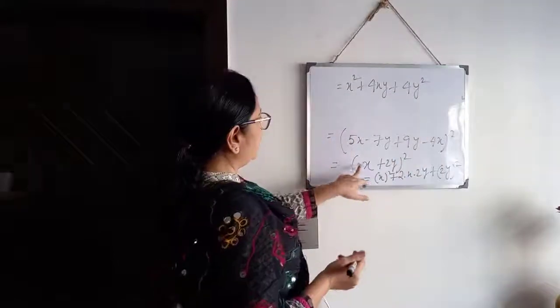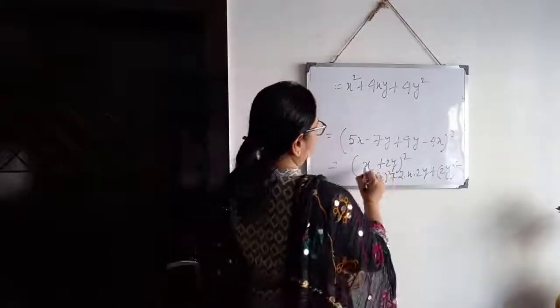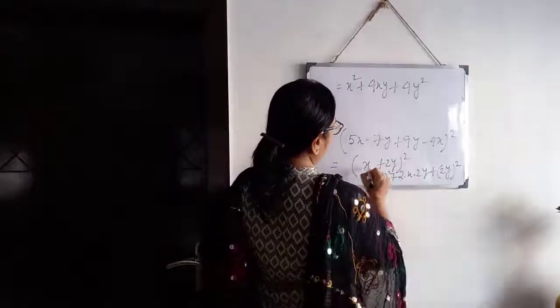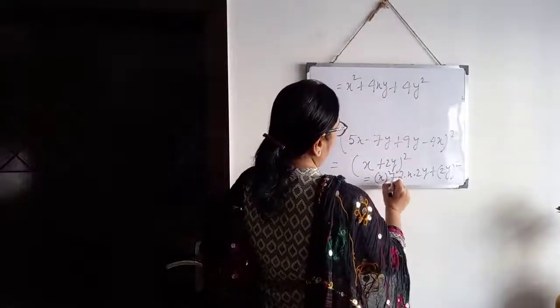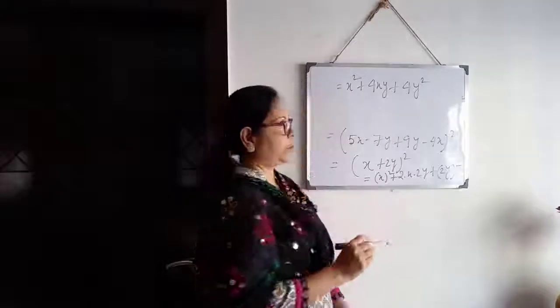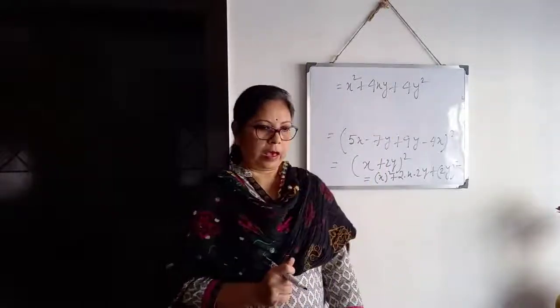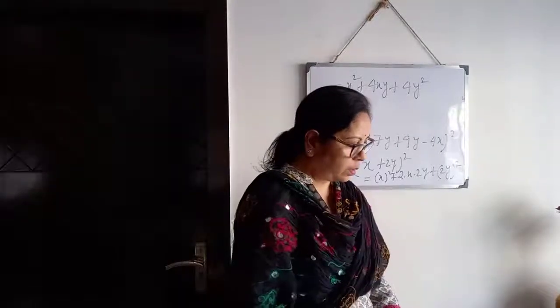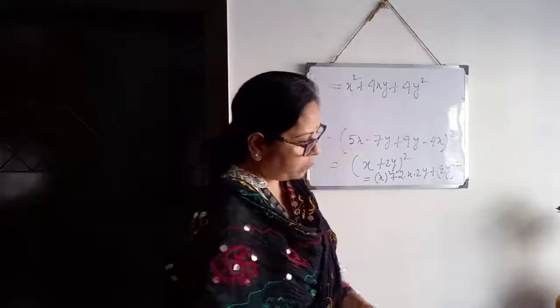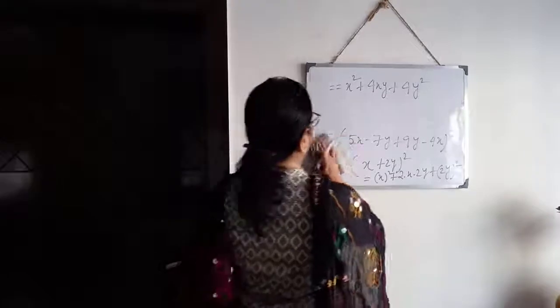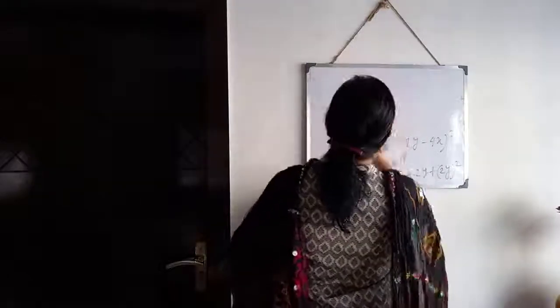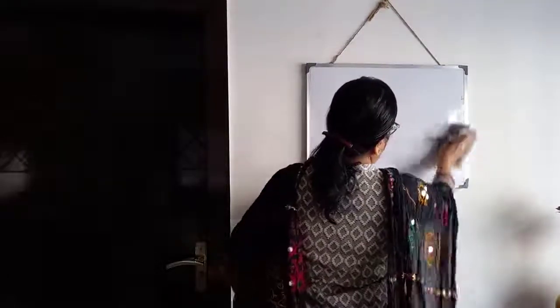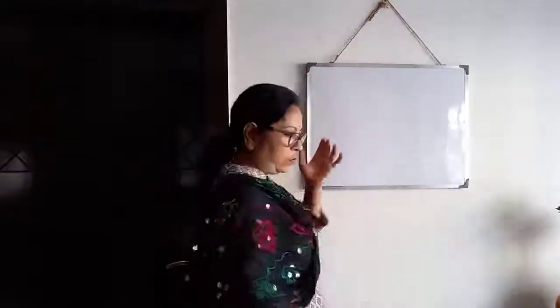So it is not ended here. It is again coming in the form of A plus B whole square. So it is equal to A square formula plus 2AB plus B square. And this is the answer. Clear? Then expressed as a perfect square and find the value. Next type. We have to first simplify, then we have to put the values.